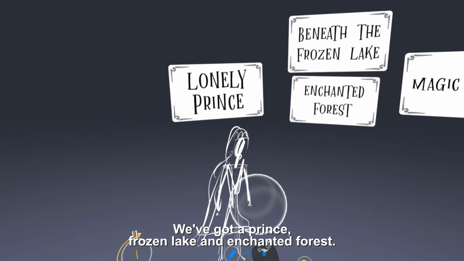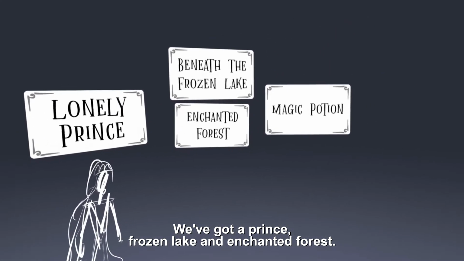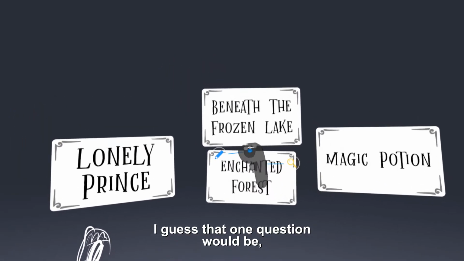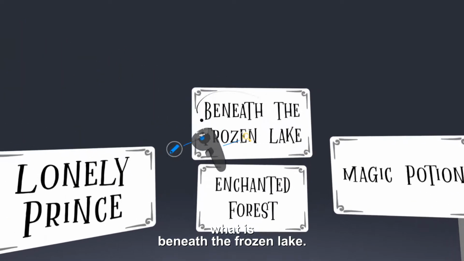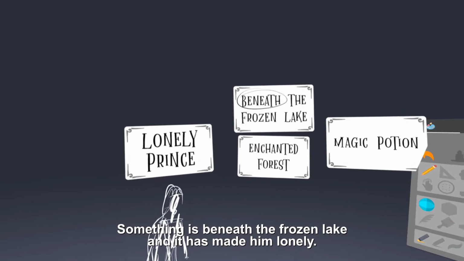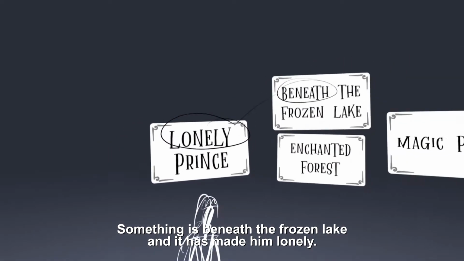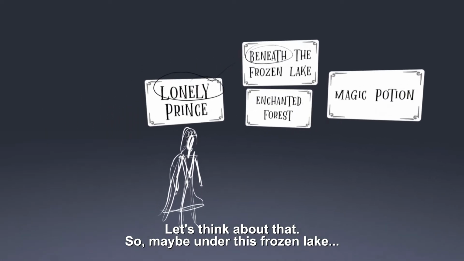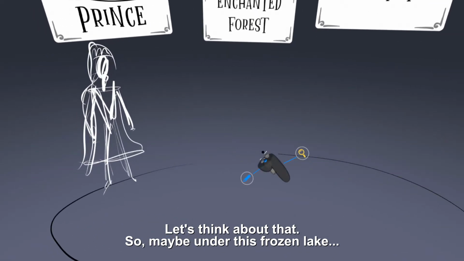Alright, so we've got a prince, and there's a frozen lake in an enchanted forest. He needs a magic potion to do something. So I guess one question would be, what is beneath the frozen lake? Okay, so something's beneath the frozen lake, and it has made him lonely. So let's think about that. Okay, so maybe, under this frozen lake,